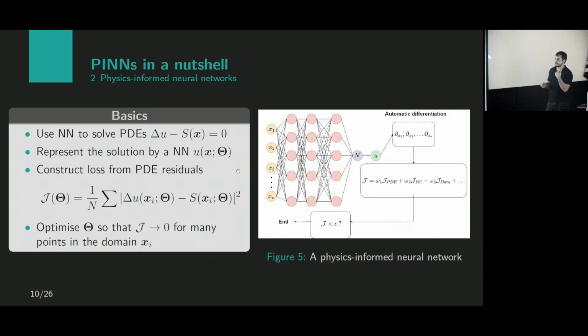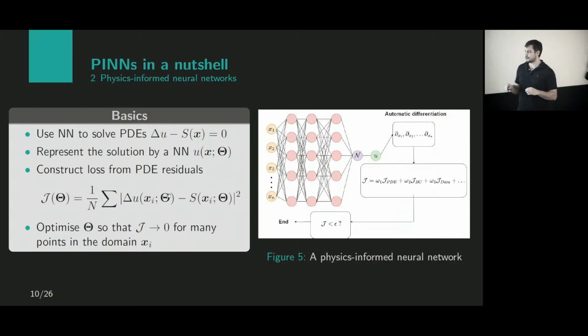The difference between usual neural network training and physics-informed neural network training is that instead of having known values that you want to train your network on, find the optimal parameters so that some known data or observations are satisfied, what you want to do is train the network so that your equation is satisfied. So what you want is put your approximation of the solution for some point in your domain, and then demand that your equation, when evaluated at this point, is satisfied.